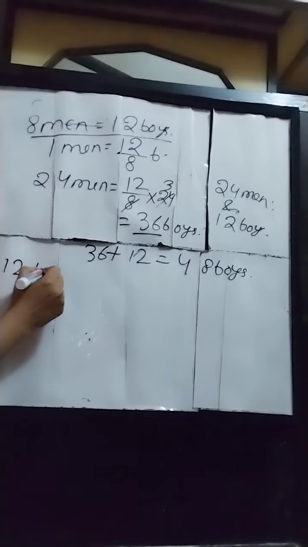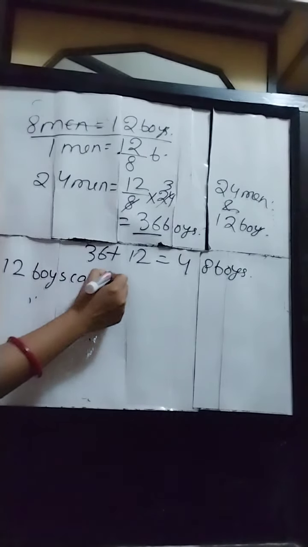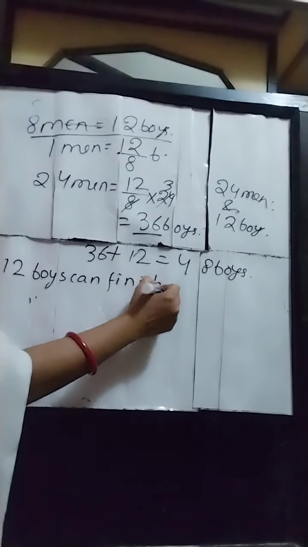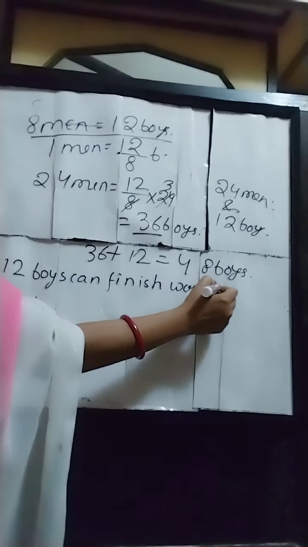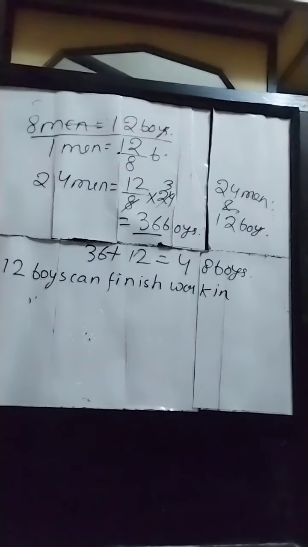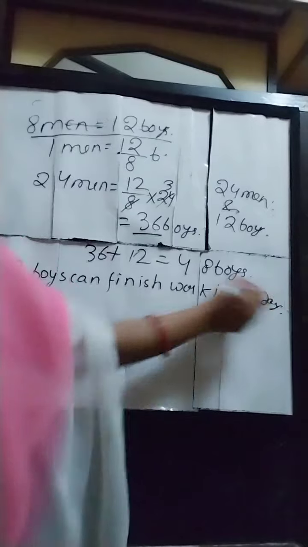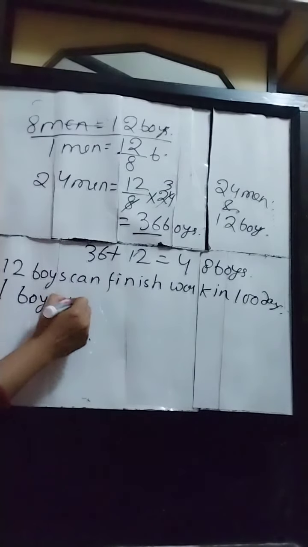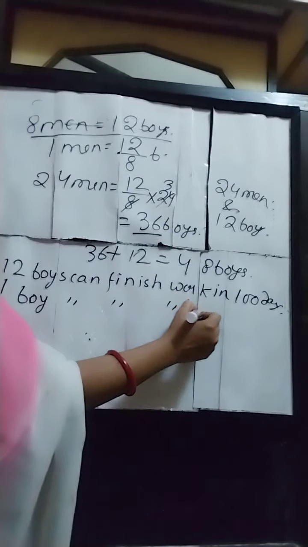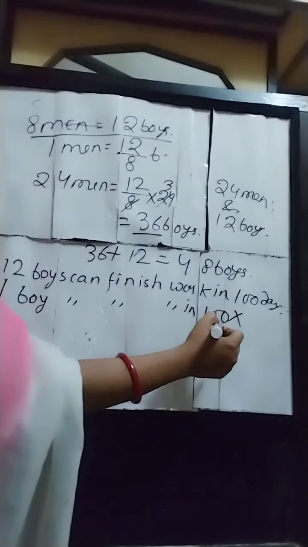This is the total number of boys for which you have to find the number of days they can finish the work in. So in place of 8 men we will write 12 boys because 8 men is equal to 12 boys. So we will write the statement: 12 boys can finish a work in 100 days. So one boy can finish the work in 100 into 12